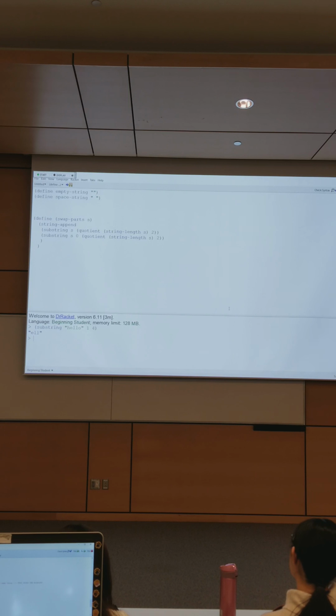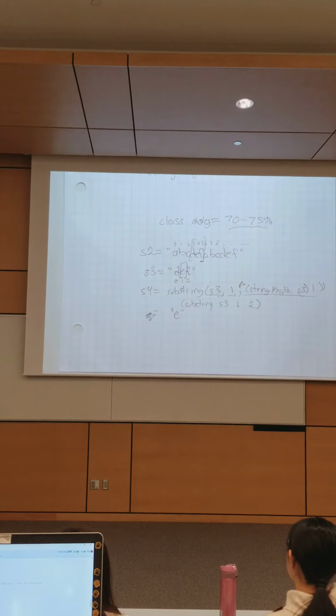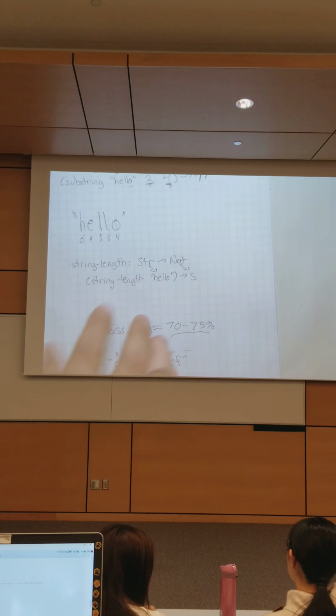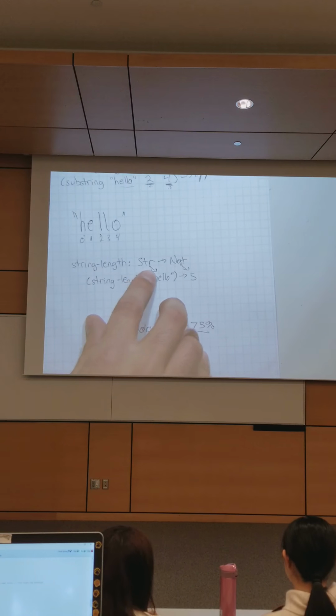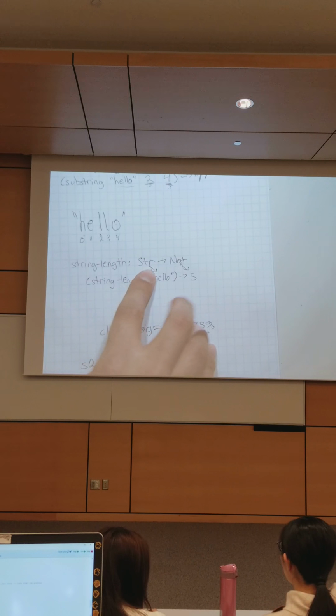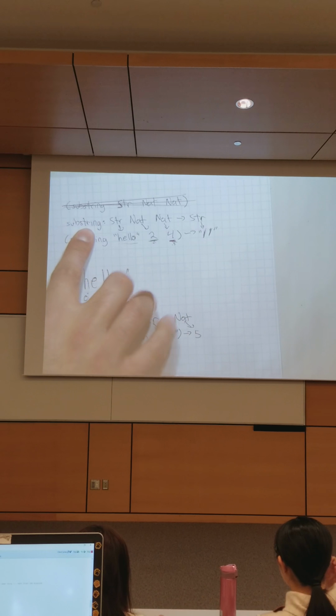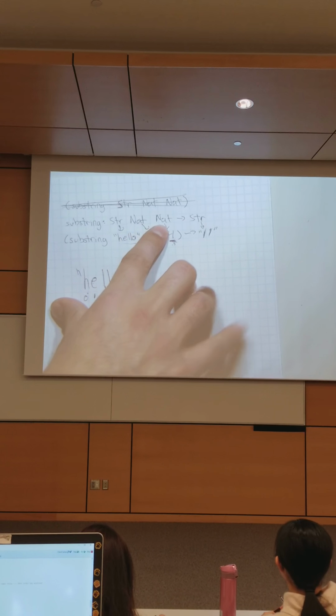The reason we're getting a string out, just to go back to the contract, because the contract is very important, that's how you determine what the input and the output for different things are. Going back up here, the contract for string length takes in an str and produces a nat, and the contract for substring takes in an str nat and